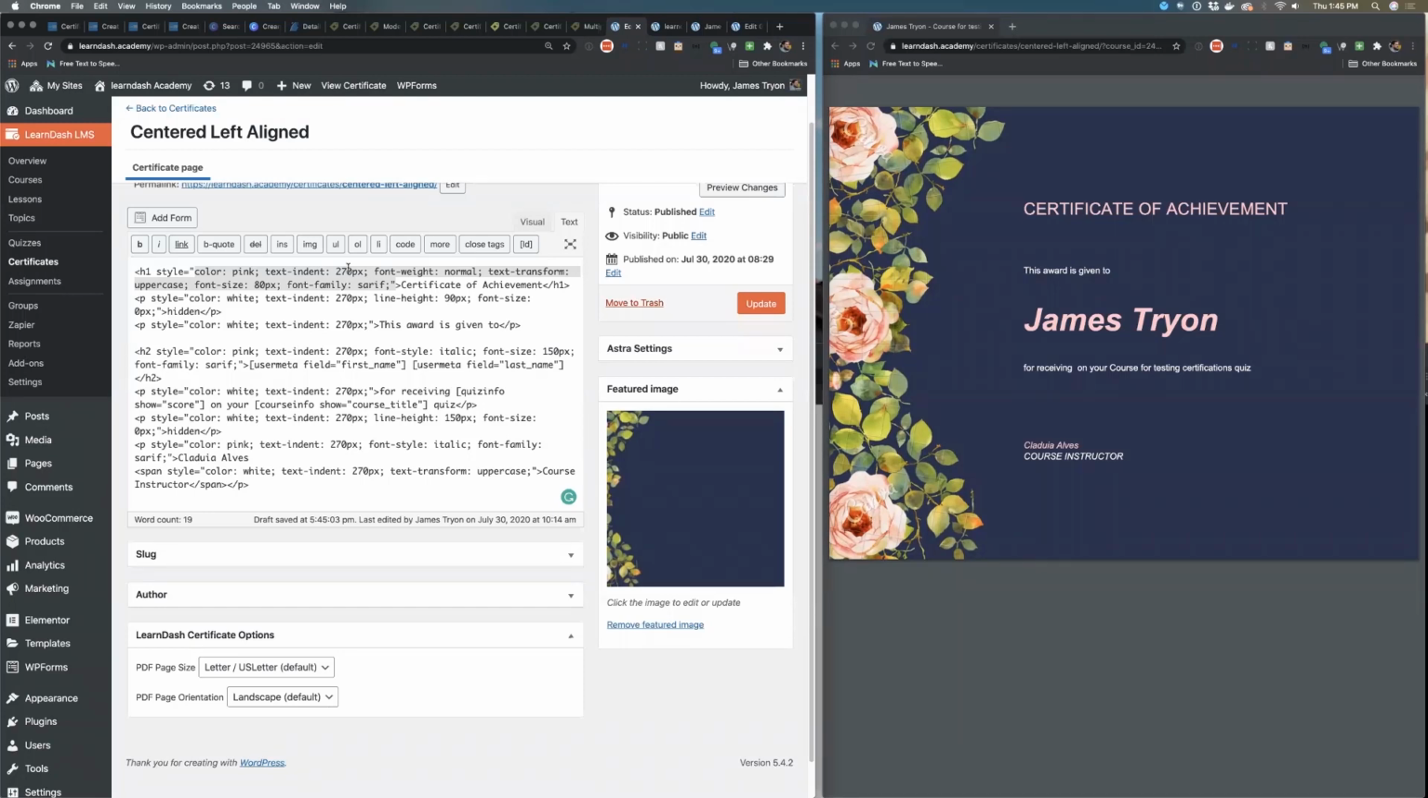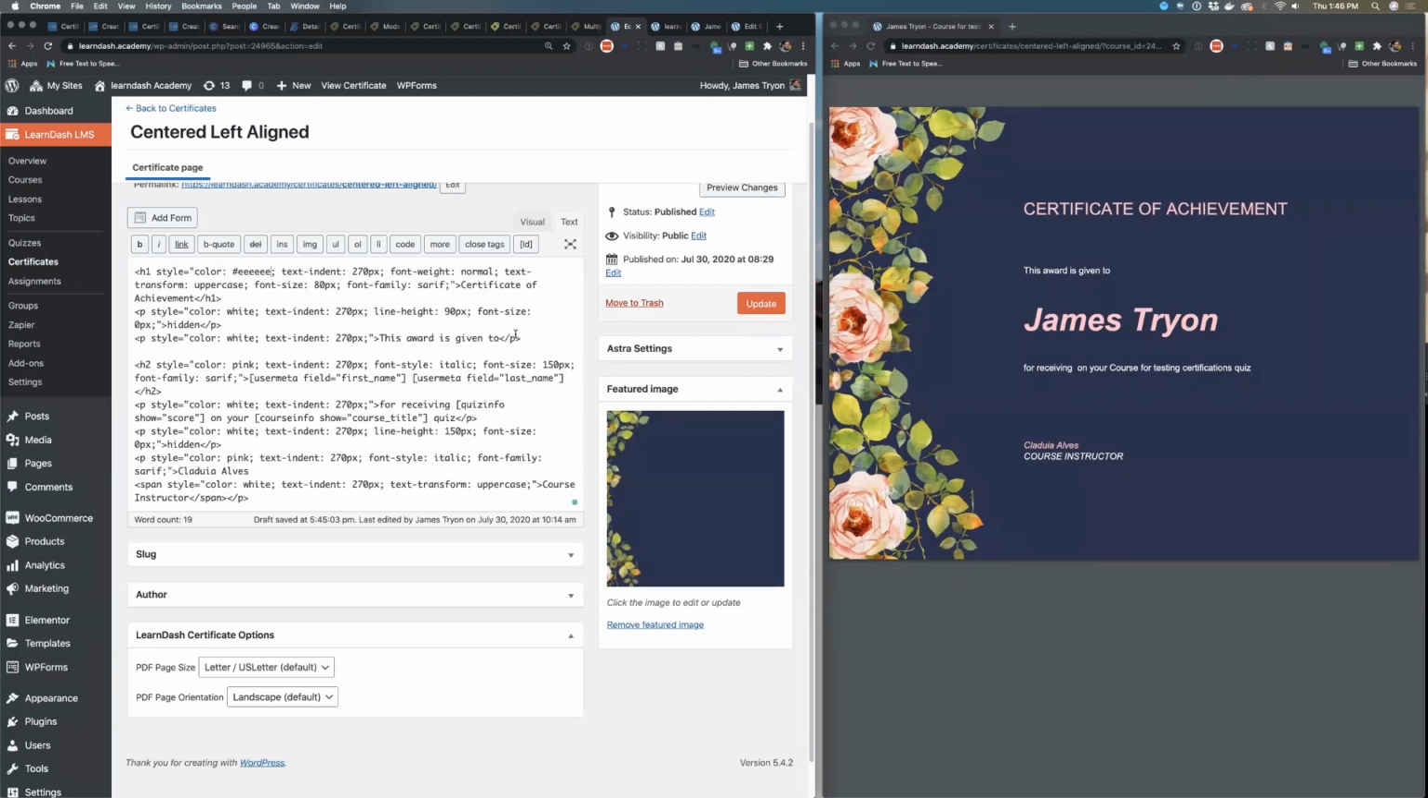Because of the way that the certification builder works, you have to set this per element, but you can see all the way down, all my P tags, all my H2 tags, all my span tags, they're all set to 270. So I'm indenting them over. I'm telling it I want the color to be pink. Now, if I wanted this to be a hex color, I can do a hex color. I can say I want it to be a light gray. So I can make it all E's, hit update,